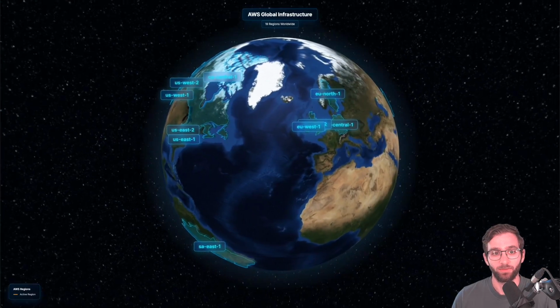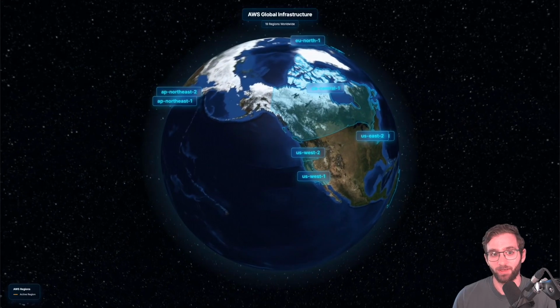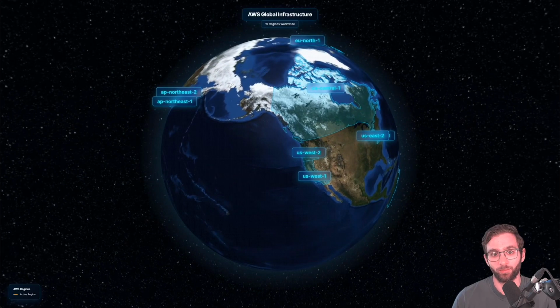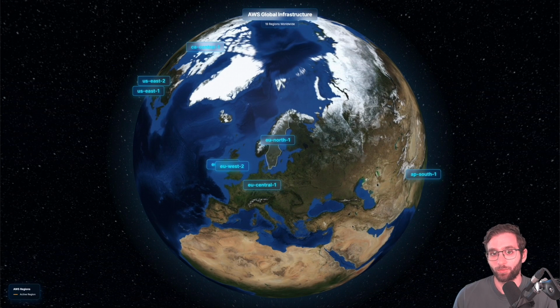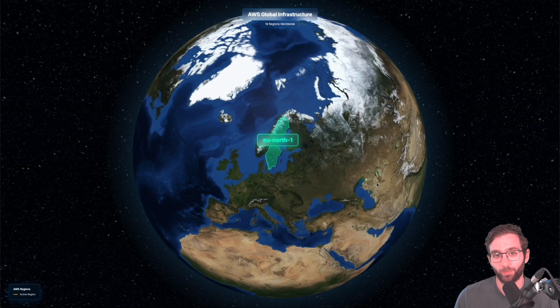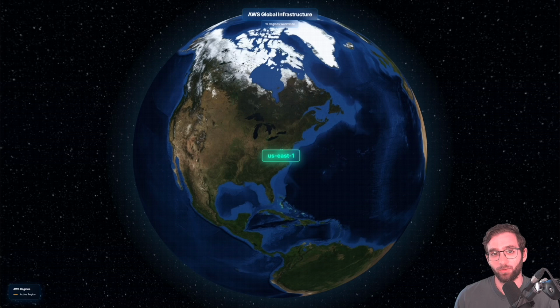Let's go. But before we start this lab, there's a lot of theory that we need to cover. The AWS cloud contains many regions. The region that you choose to deploy your resources in depends on where you believe most of your users will be. If you believe all of your users will be in Sweden, you should deploy your resources in the region EU North 1. If you're not sure, it's recommended to deploy your resources in US East 1, AWS's oldest and